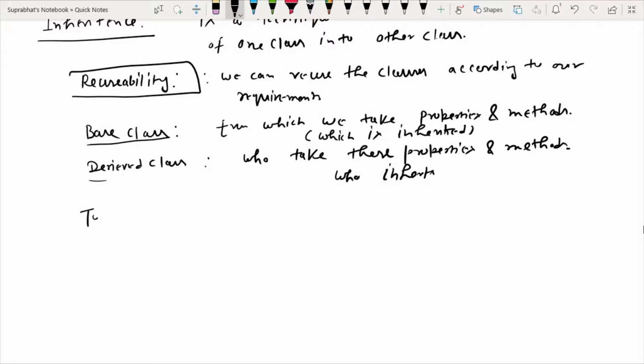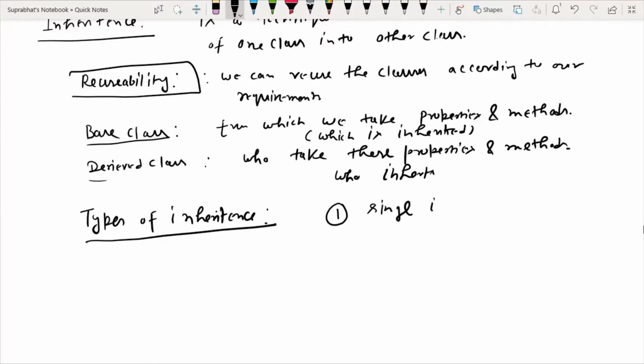So first question is types of inheritance. We have three types of inheritance. First one is single inheritance.